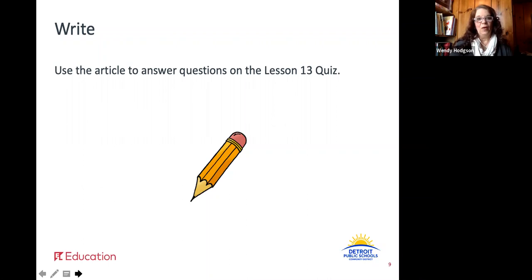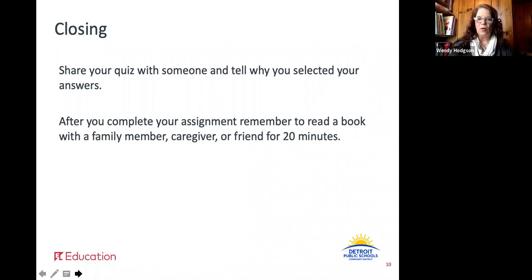All right, fantastic. We always use our resources and our tools in order to reference back and try to get deeper around the questions that they are asking us about our reading. I'd like to make sure that you share your ideas and your answers with the person that you've talked with a little bit this week in your learning environment, and tell why you selected the answers that you did. And don't forget to read for an additional 20 minutes today